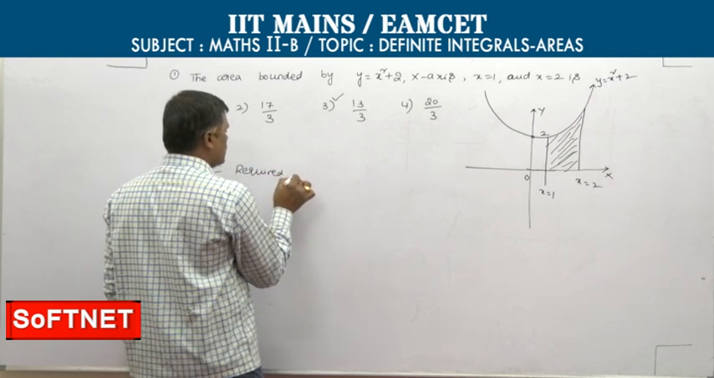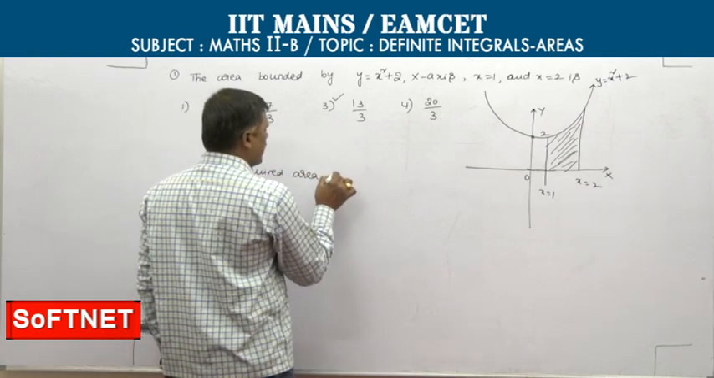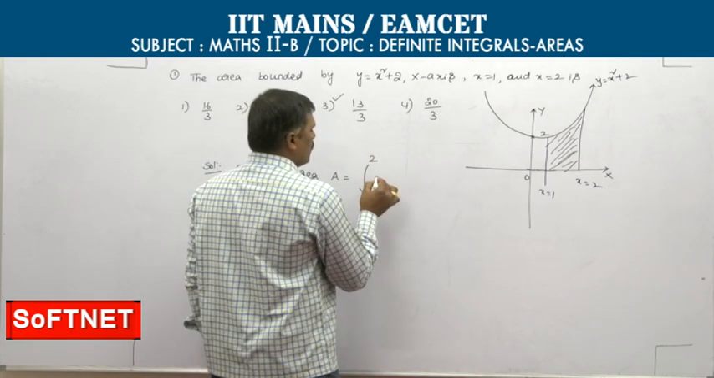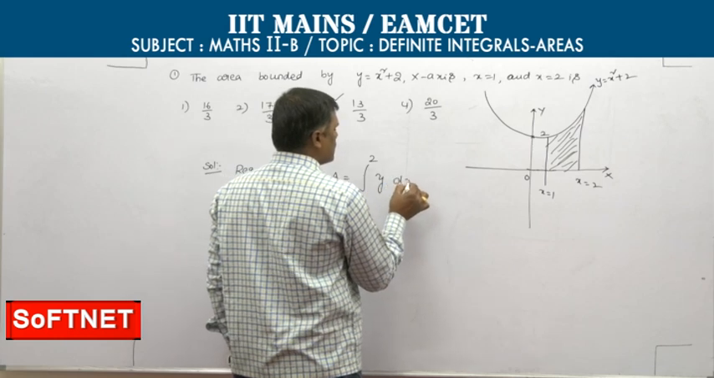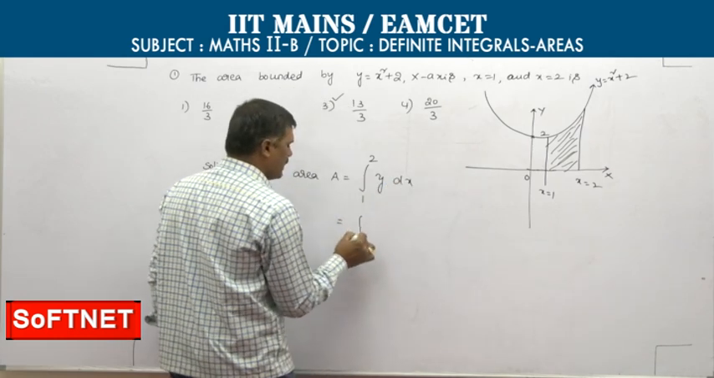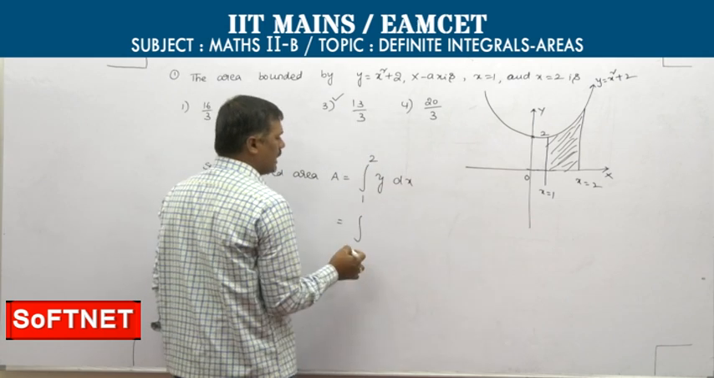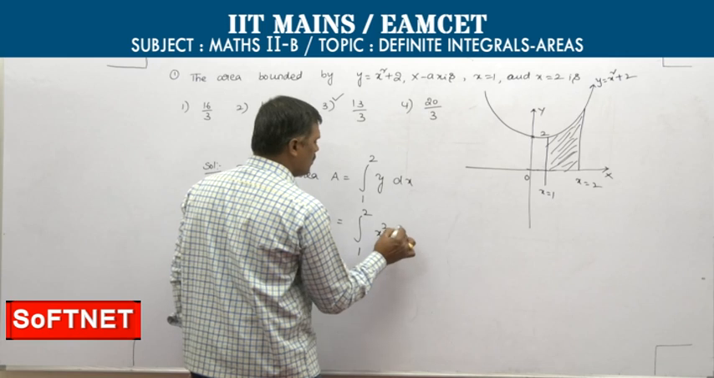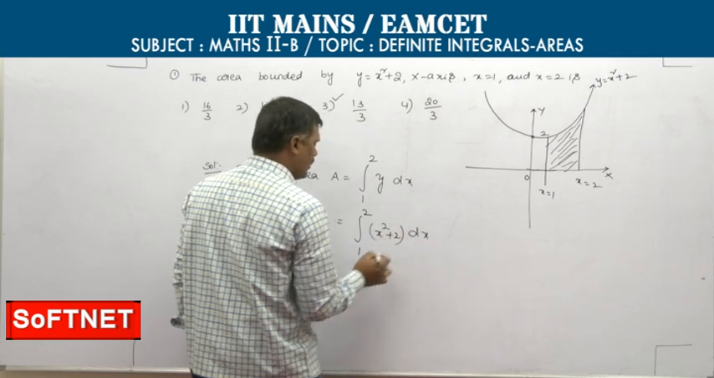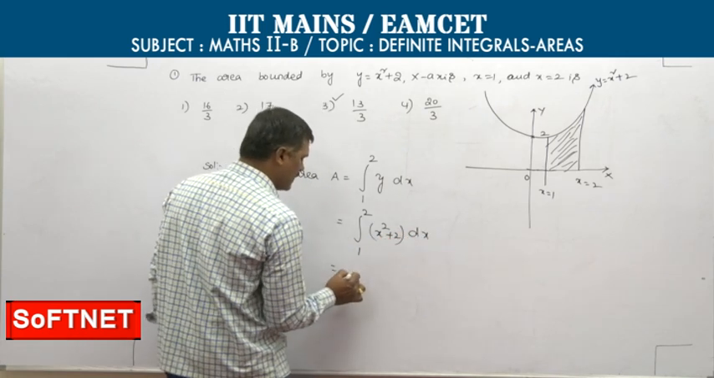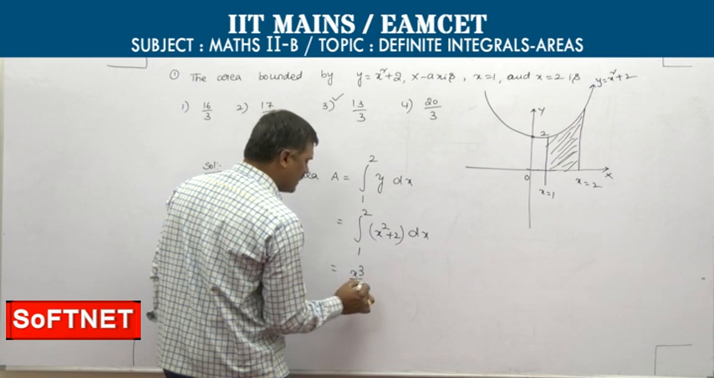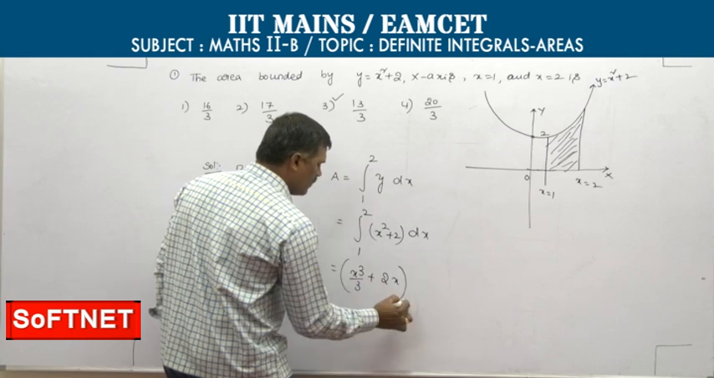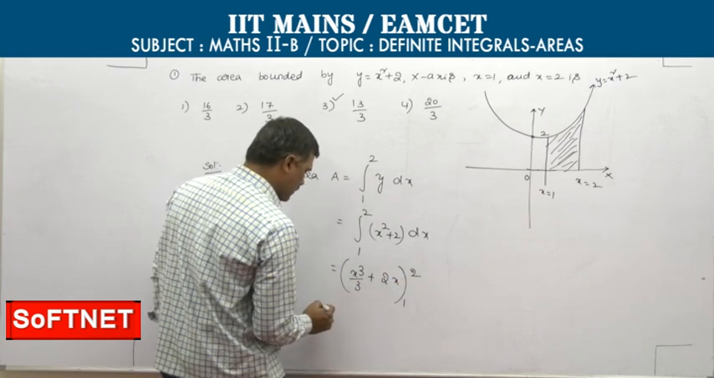Solution, required area A is equal to integral of 1 to 2 y dx, that is equal to integral of, what is y, given function f of x, 1 to 2 x square plus 2 into dx. Now find its integration. X square integration is x cube by 3, plus 2 integration is 2 x, limits 1 to 2, that is equal to